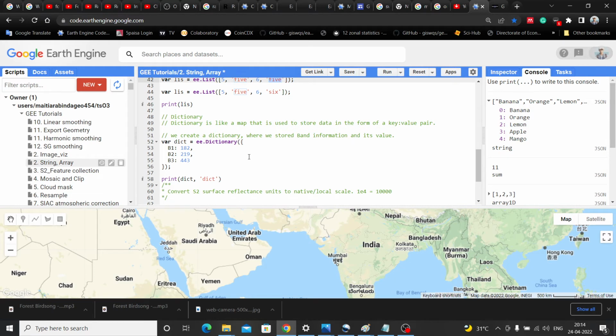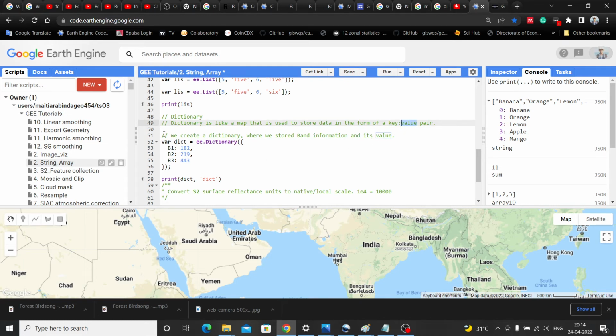Okay, fine. Now our final term is dictionary. So what is a dictionary? A dictionary is like a map that is used to store data in the format of key value pairs. What is a key value pair? Key means one variable, and value is another variable.